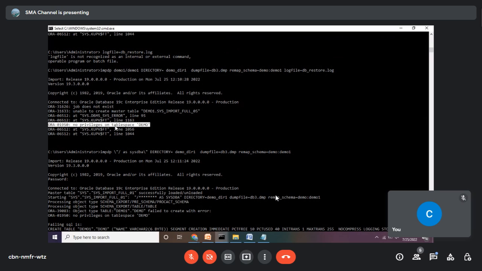But don't get confused between export and import. You are taking the export. For that you require a user, and for that user a specific tablespace. For the user you need one default tablespace, and within that user you will create your tables and data, and using expdp you will take the backup. If you want the whole backup, meaning a schema backup, you have to write expdp